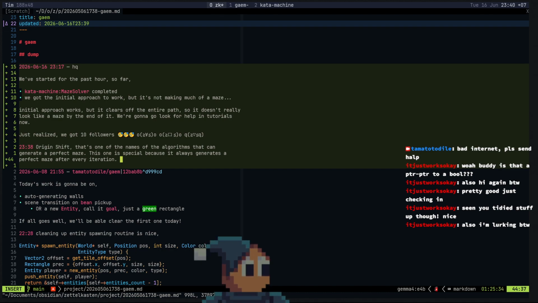Back in January, Captain Luma uploaded a video detailing a new maze-generating algorithm they had come up with, which they would eventually name Origin Shift. It can gradually change a maze over time, with the benefit that you can stop it at any moment and get a perfect maze. The video started to see a lot of interest in June, with Matt Batwings also featuring a new maze-generating algorithm too.